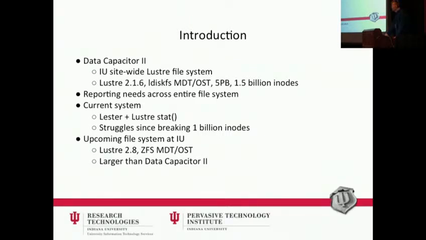The way that we do this currently is that we use Lustre, which I'll talk about in a moment if you're not familiar with it, to essentially do a dump of the MDTs to get metadata information. Then, for each of those files, we go through Lustre to do a stat. That's worked pretty well for us, actually. But as the file systems get larger, and specifically since we broke 1 billion files, we started